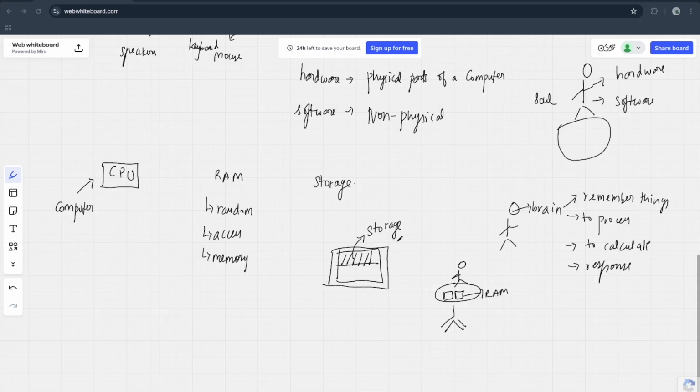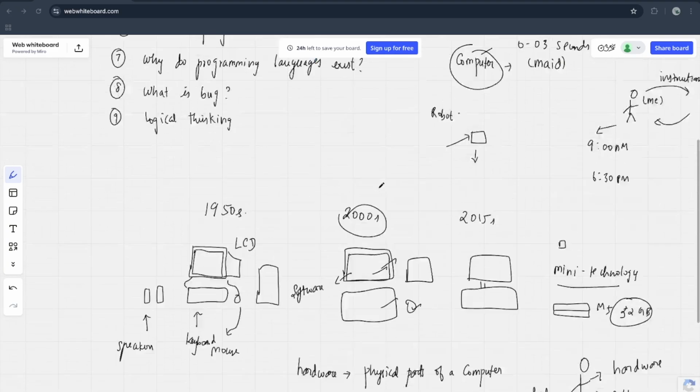So if your RAM is 8 GB, that means you can run multiple apps. If your RAM is 16 GB, then you can open multiple tabs at once and make your work really faster. So based on the RAM size, our work will be really fast. In storage we have two types, that is hard disk drive and solid state drive. So that is enough for this particular basic introduction class.